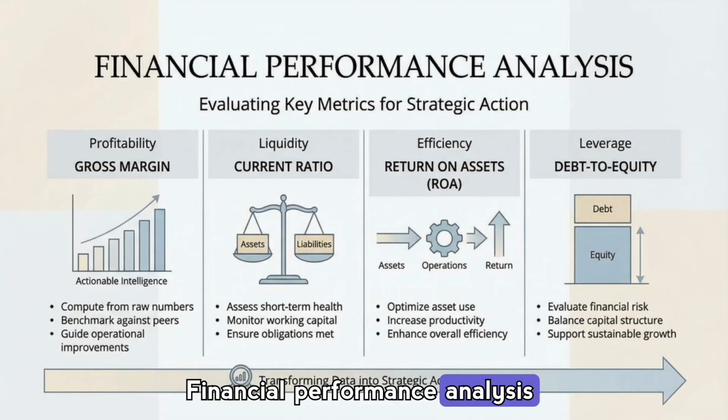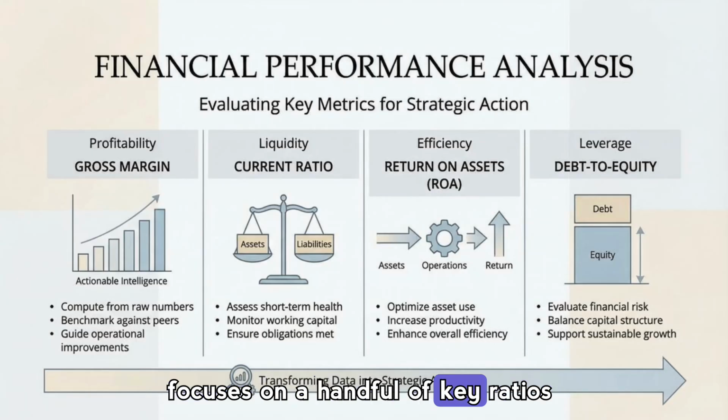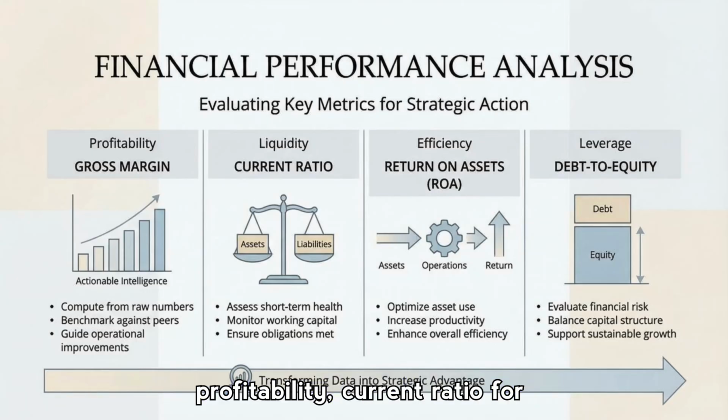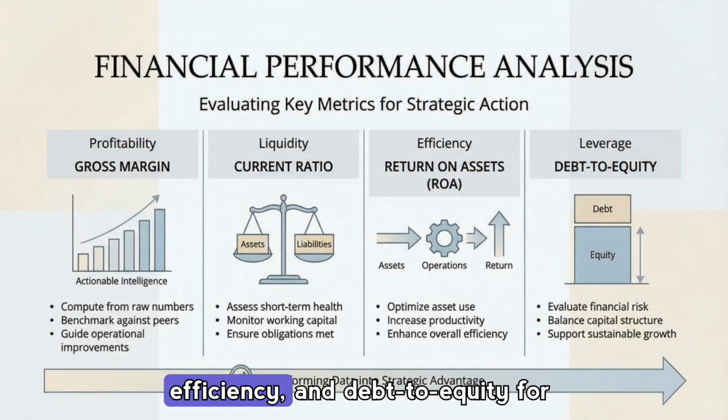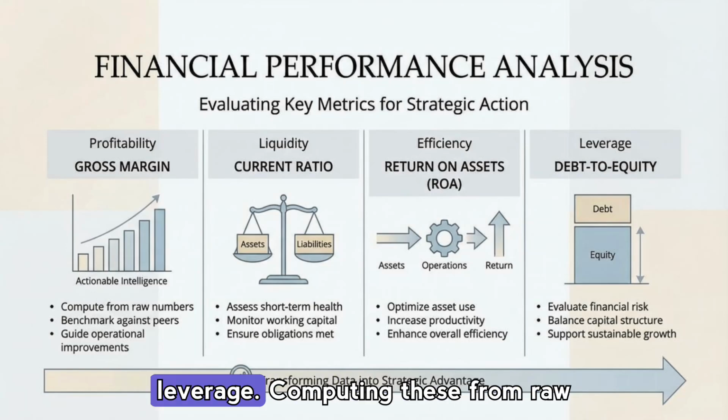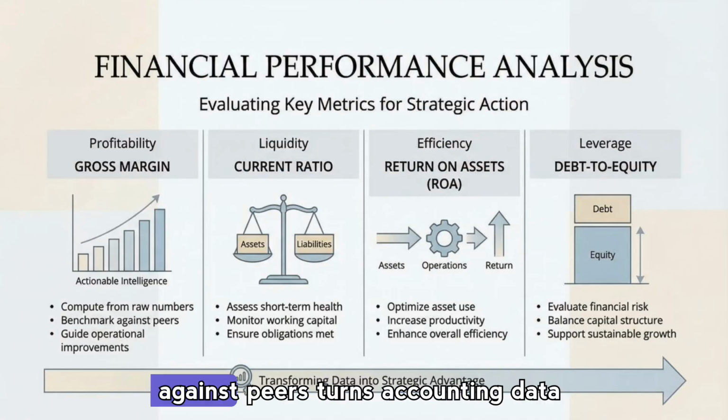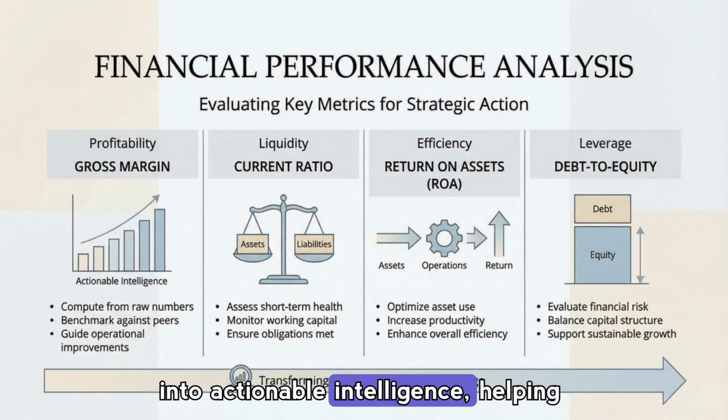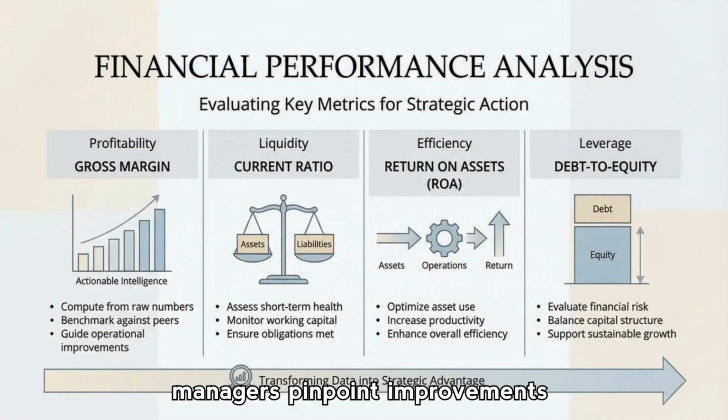Financial performance analysis focuses on a handful of key ratios and metrics: gross margin for profitability, current ratio for liquidity, return on assets for efficiency, and debt to equity for leverage. Computing these from raw numbers and benchmarking them against peers turns accounting data into actionable intelligence, helping managers pinpoint improvements